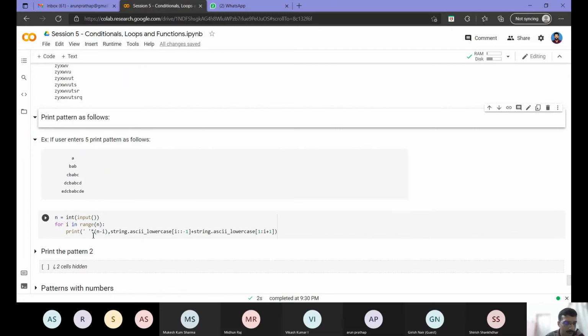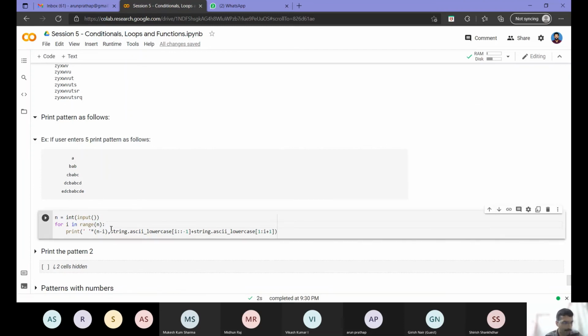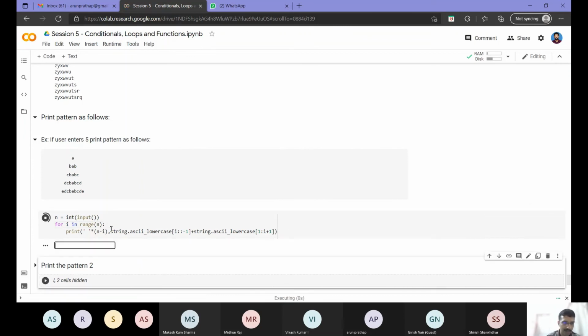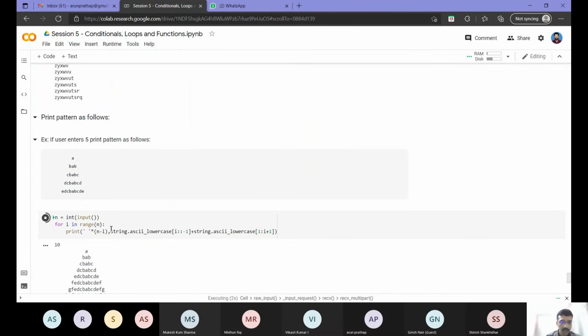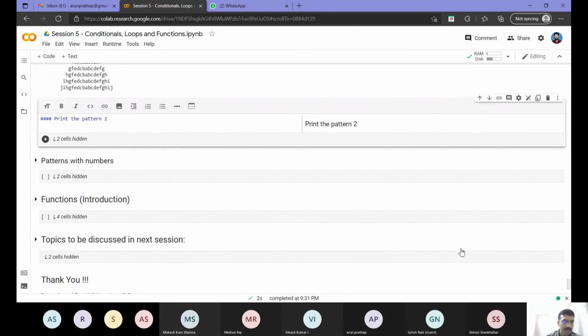So the same thing I can do with a single line of code, similar to our star example. I will not be going through this in detail. You can compare and contrast with our string example, and you can revert back in case you have any doubts. So this will again print me this pattern. And similarly, the reverse case, similar to this, one more pattern that I will show.